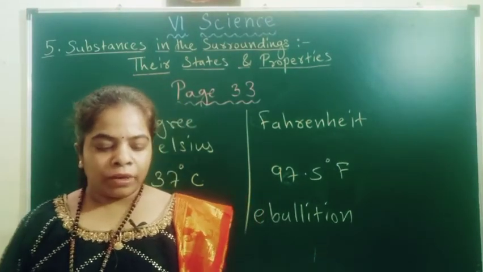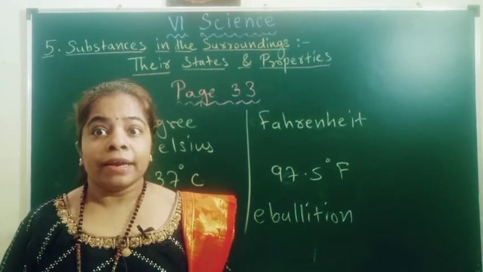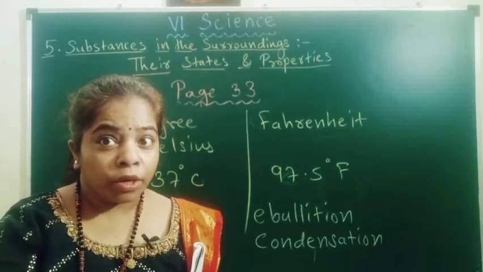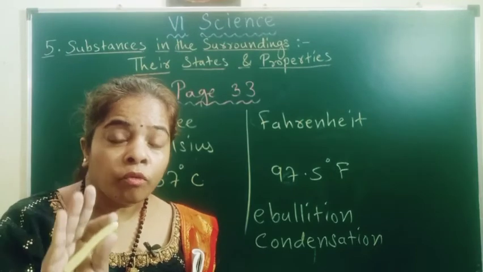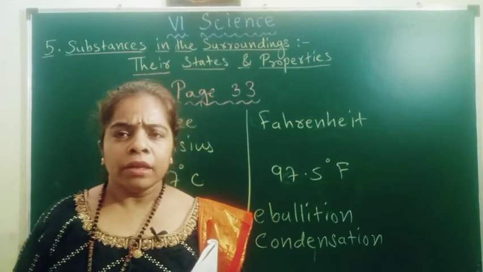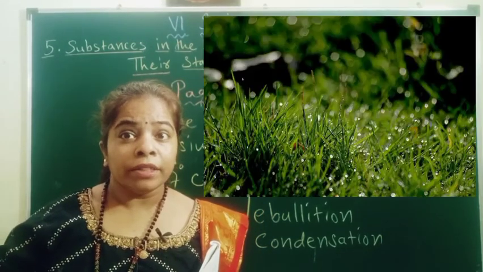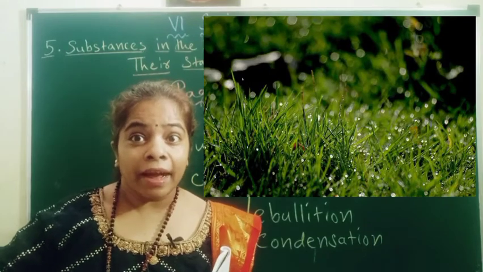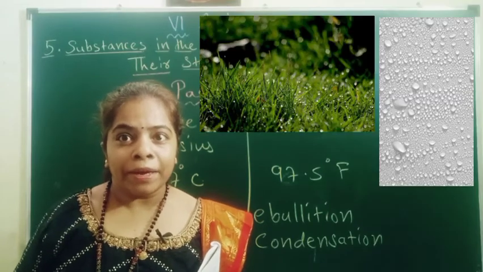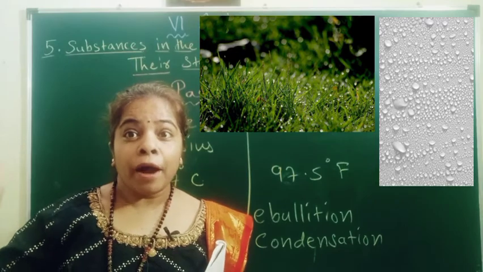Okay? Next, what is given there? There is one more word given, condensation. What is condensation? Condensation means when the water vapor is converted into water. You might have seen in winter nights, children, in the night time it is cold, and when you go out in the morning, you may see that the grass is wet, the surfaces are wet. What has happened? The water vapor present in the air has become water.